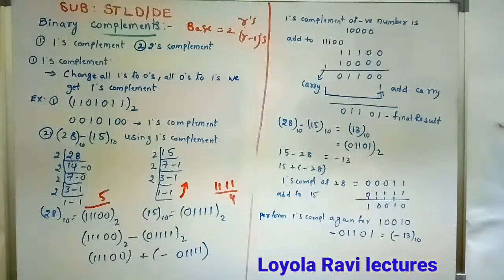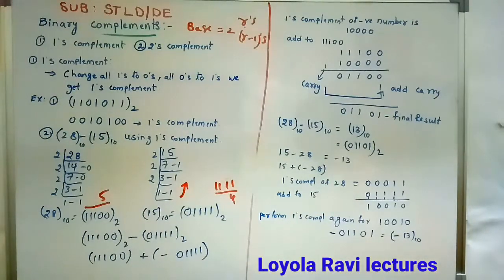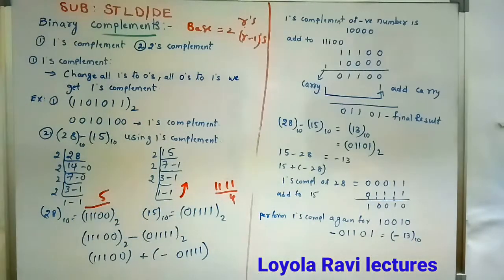If both are the same, 4 bits each, don't add any bits. Always the numbers must have an equal number of bits. For example, if here we have 6 bits, here we have to add 0, here we have to add 0. So first convert into binary, then observe whether both have an equal number of bits or not.